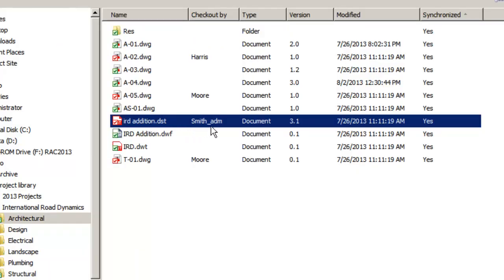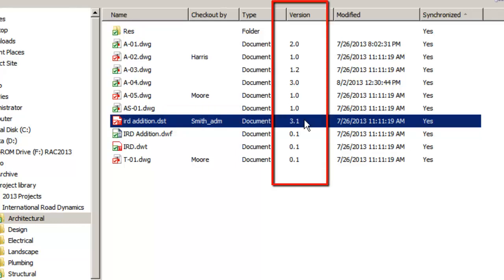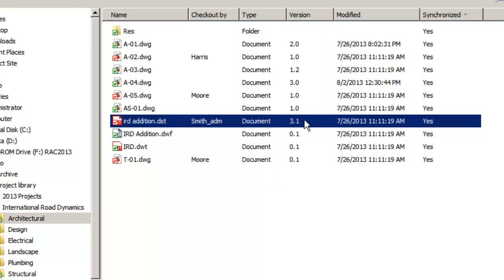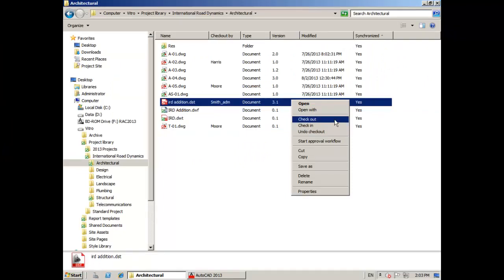If you would like to understand who is now editing the document, please have a look at the second column and find the person name. Actual document version can be found in the third column, and you can see how many times it has been revised. In addition to standard Windows Explorer functions, you can use additional engineering document management functions such as checkout, check-in, or